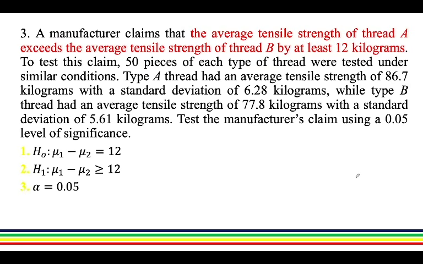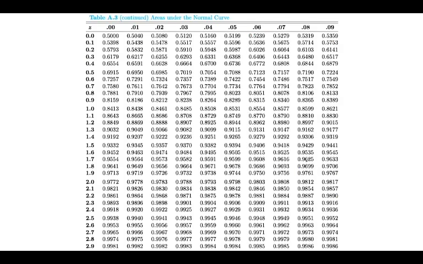With a level of significance of 0.05, we have to find the z value that corresponds to this level of significance. So graphing the normal distribution curve, this is the graph for 0.05 level of significance. Now going to the table,